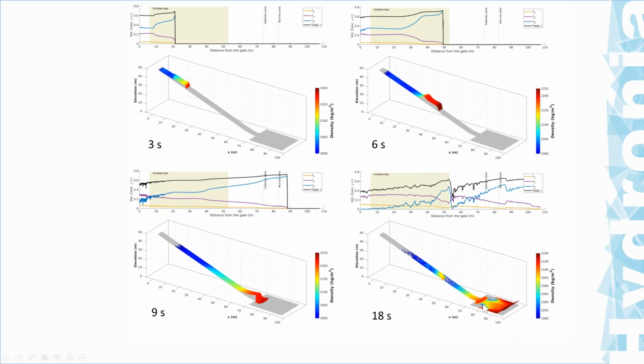I have never seen this before, and I'm pretty excited about the fact that the model can capture this physics that is a real thing. So we are now able to capture these density variations that affect the area that can be affected in a given event. So it has very important practical